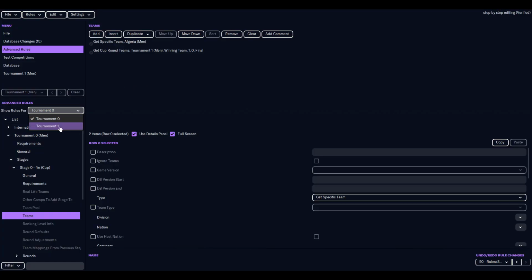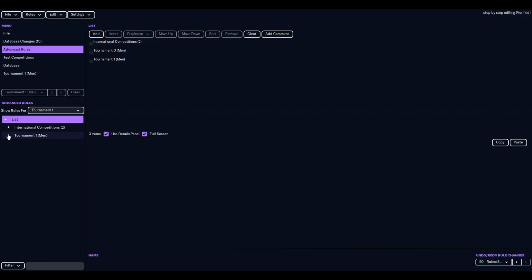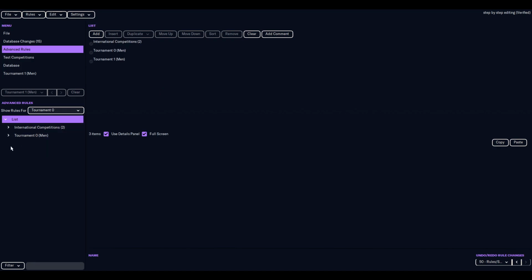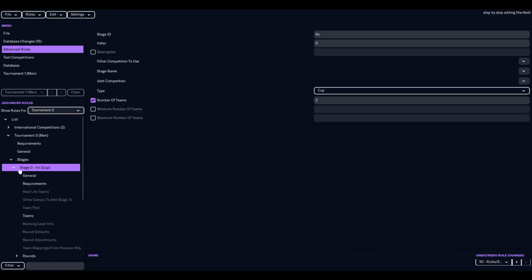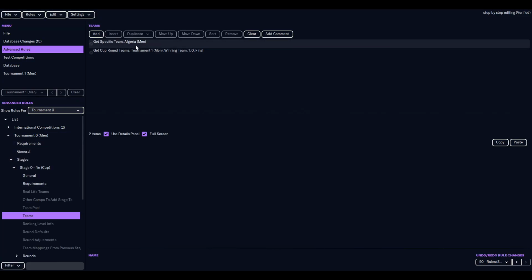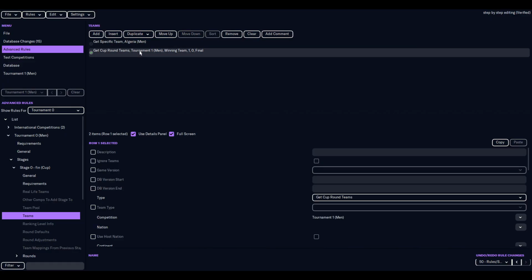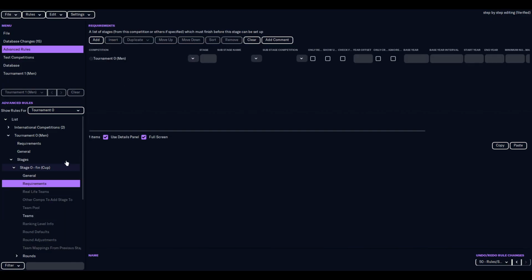So just to outline this again, Tournament 1, we have 2 teams pulled directly into the stage. Get me 2 random national teams. I don't know who they're going to be. Tournament 0, we've got 2 more teams, but one of them is Algeria. It's always Algeria. I've decided it's going to be Algeria. The second one is going to be the winner of the first tournament, and I demand of you to make